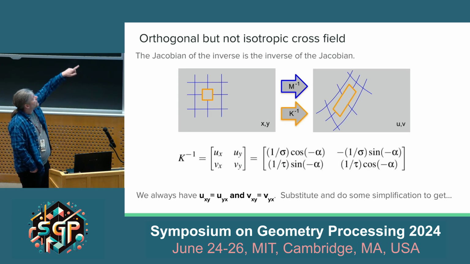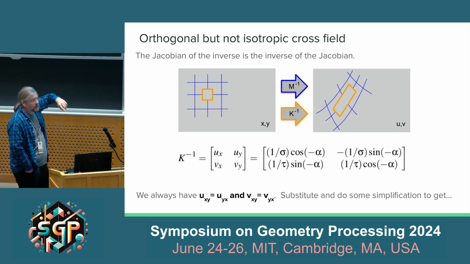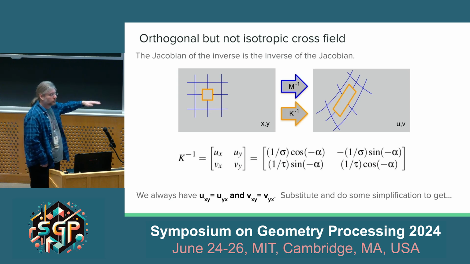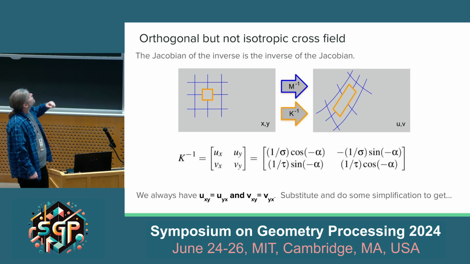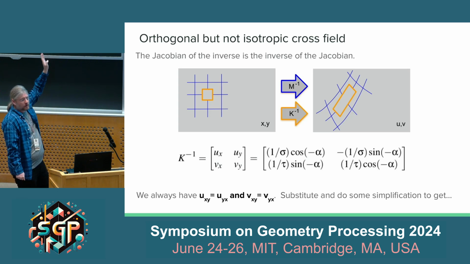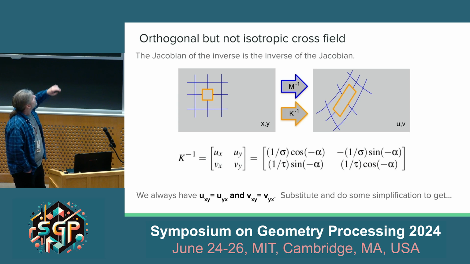So here we see that we have 1 over sigma and 1 over tau multiplying across the rows, meaning we have an axis-aligned stretch. So squares in our XY space are mapping to parallelograms in UV. But importantly, all the terms are now functions of xy. And we can